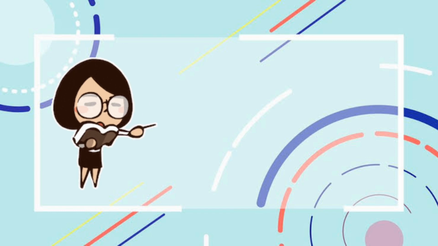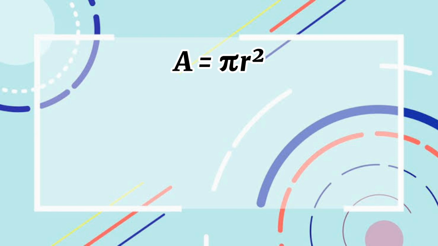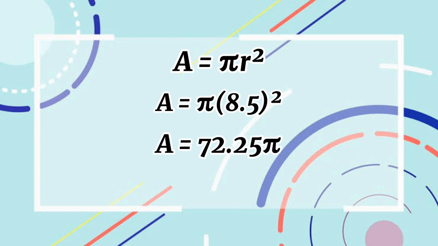Now, let's use the formula to solve for the area. Let's use the area of a circle formula. A equals pi r squared. First, we need to substitute the radius, 8.5. After that, we need to multiply 8.5 by itself. The answer of multiplying 8.5 by itself is 72.25. Now we can multiply 72.25 times 3.14, or pi. The answer of 72.25 times 3.14 is equal to